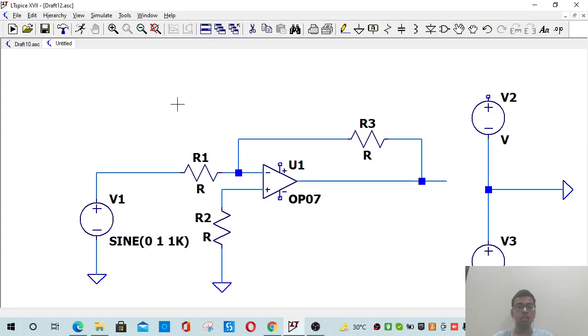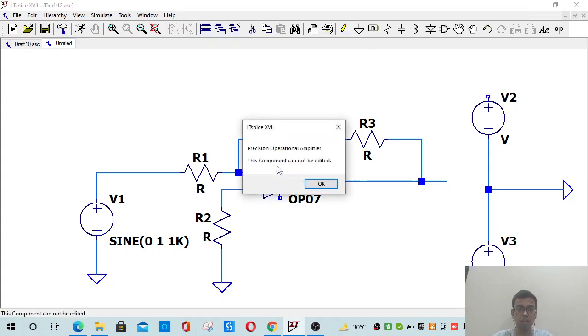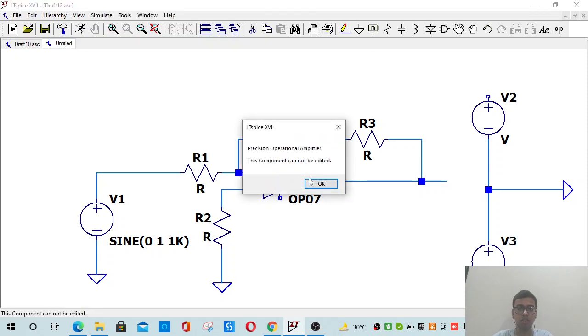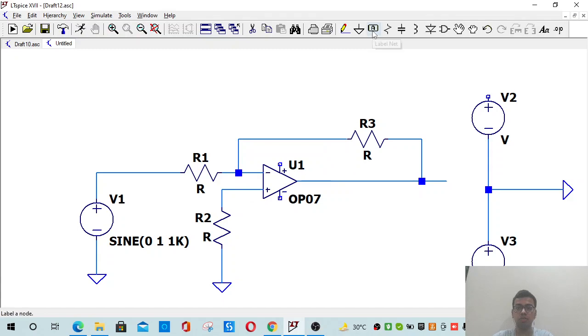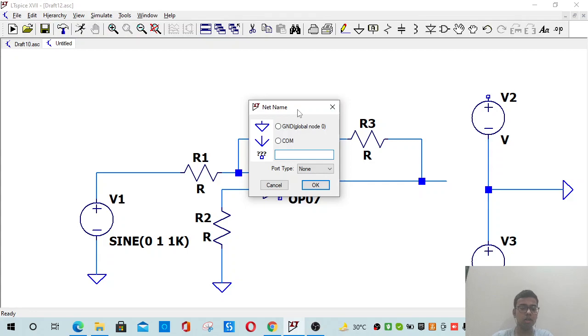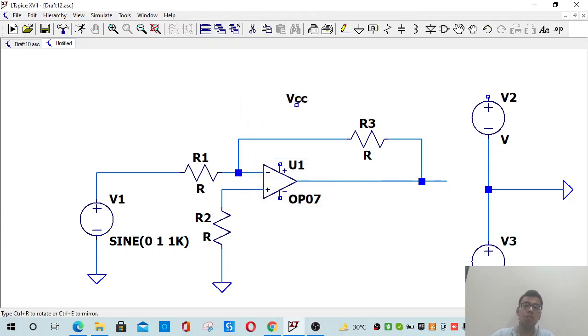Now, one small thing which we have to do is the net labels. We will need to place the net labels over here. How can we place the net labels? There are two options. Either you can click over here. Okay, so I'll show you first this option. We can just click over here and get the label net. And suppose we just say this is VCC. What we can do is place this VCC all over the components, irrespective of what it is originally.